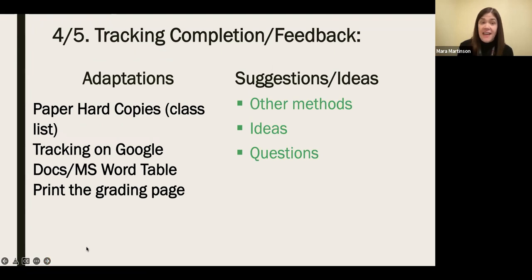Some of the adaptations that I've seen for tracking attendance are having paper hard copies, or just tracking the information of who's completed on a class list. I know in our program, we always enter our information into SID, but we also really want to make sure that we have some backup forms so that we can prove